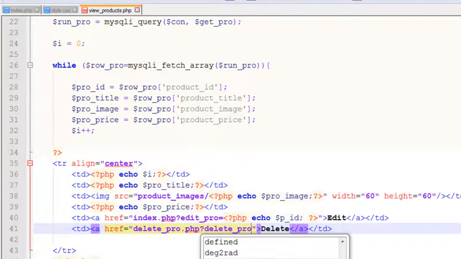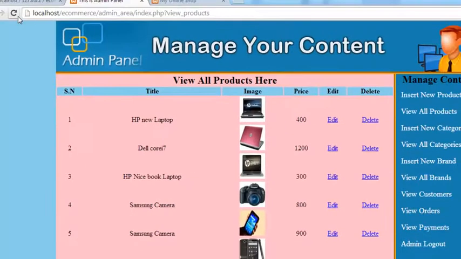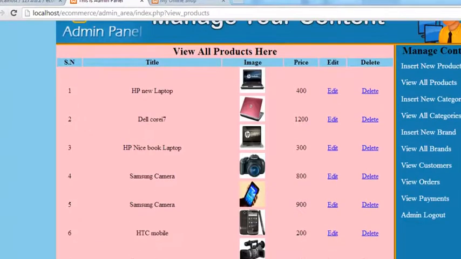Delete_pro, and we will say equal to PHP close and echo pro_id. That is also the same. Now Ctrl S to save and come here, refresh the page. Now observe, when we mouse over this,